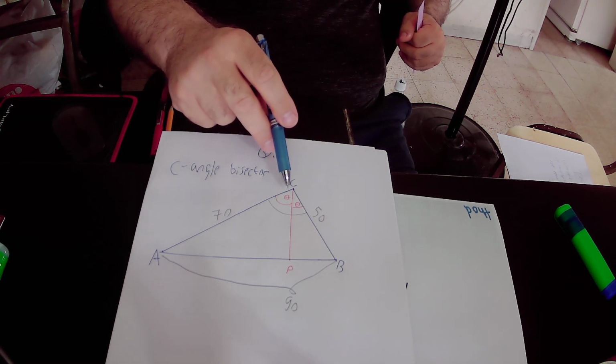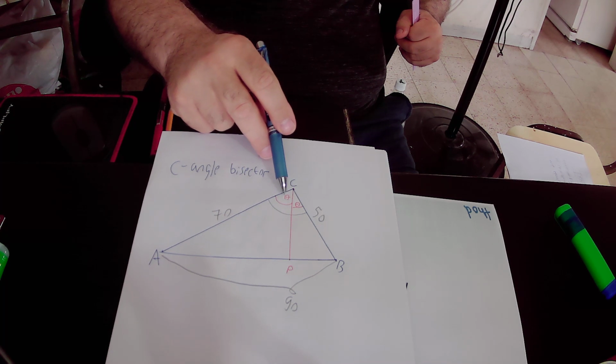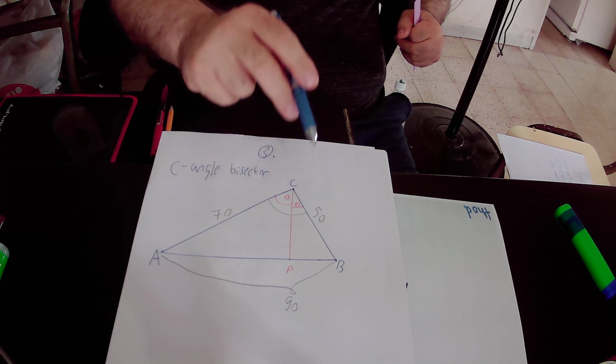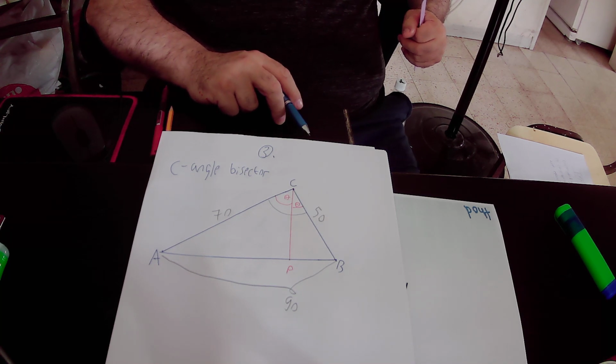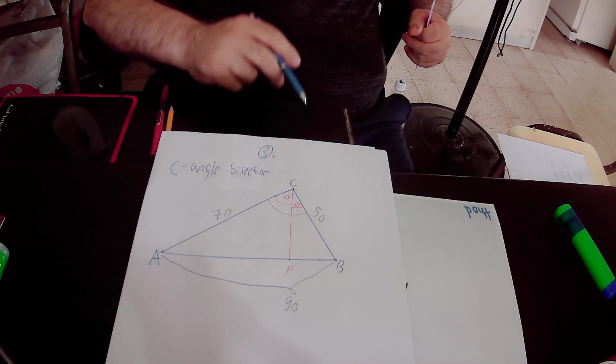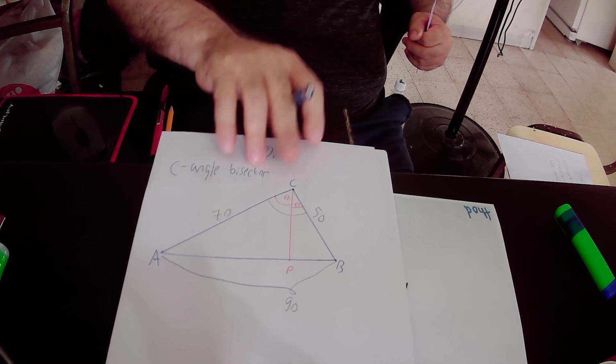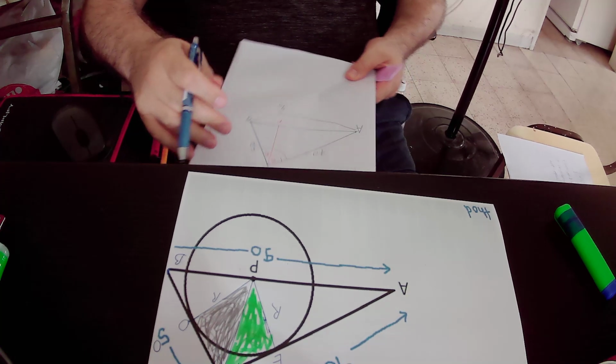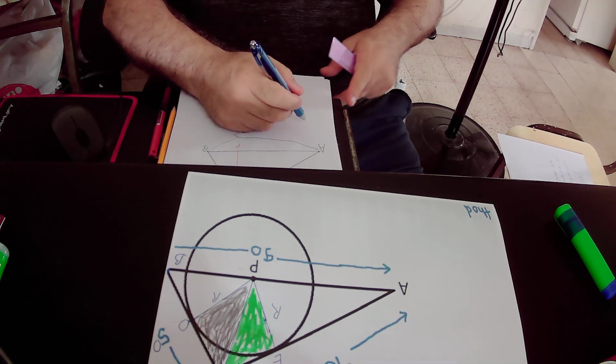This is the first half and this is the second half. Okay, so now, according to the angle bisector theorem,